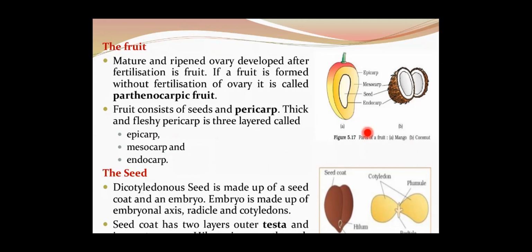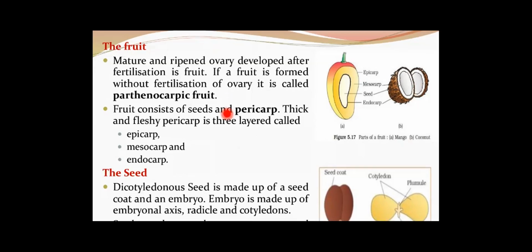Okay, so this is about the fruit. In certain examples, certain fruits, the mesocarp can be fibrous. A very good example is coconut here. In coconut, which is also said to be a drupe fruit, the mesocarp is fibrous, whereas in mango, the pericarp is differentiated into epicarp, fleshy, edible mesocarp, that you should remember, whereas the endocarp is stony and hard in nature. So these are the highlights about the fruit part.